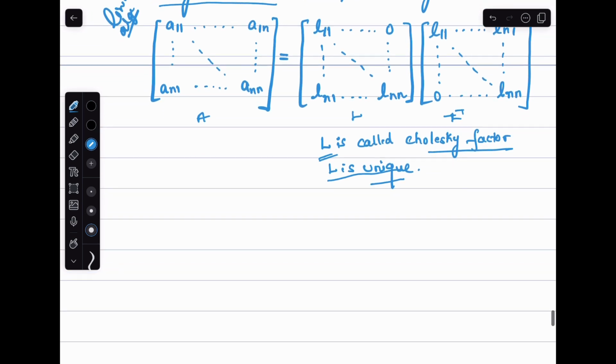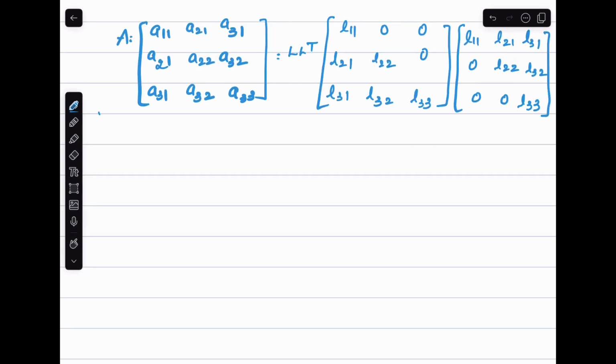Now I want to show how to solve for A = L into L transpose. Suppose this is the A matrix, the L matrix and L transpose. A has three rows and three columns. Similarly for L, three rows and three columns, and L transpose of L. So the first row is A11, A21, A31, and it goes on. What we have to do is multiply L and L transpose, and we have to find